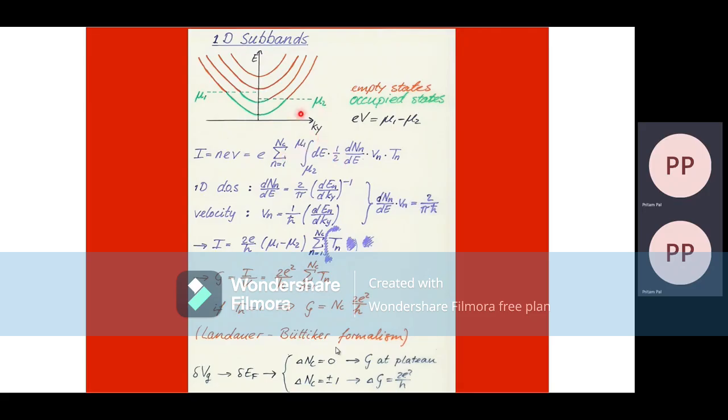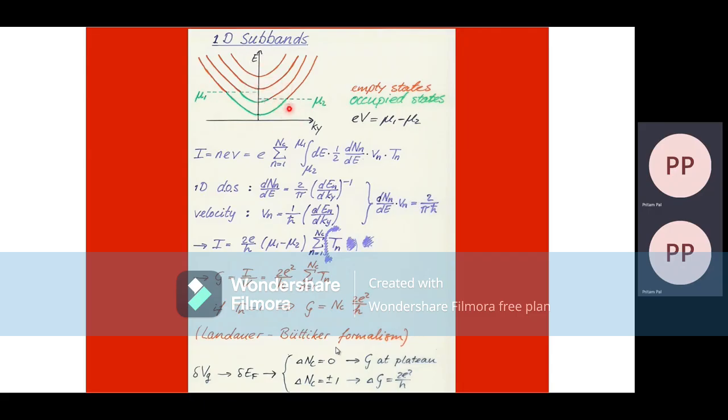For that purpose, we apply a small potential difference V, with chemical potentials mu1 and mu2, from left to right of the sample along the y direction, and the current is nothing but once again the density